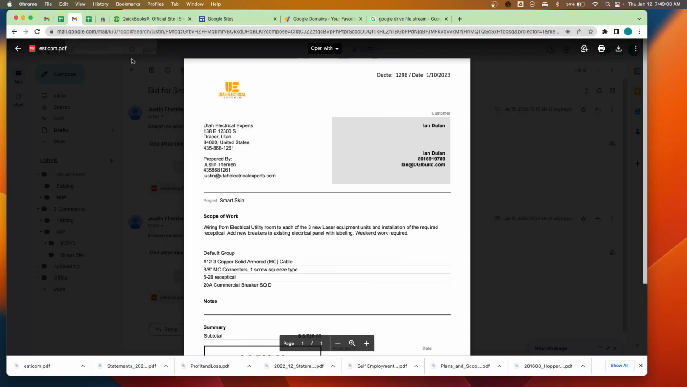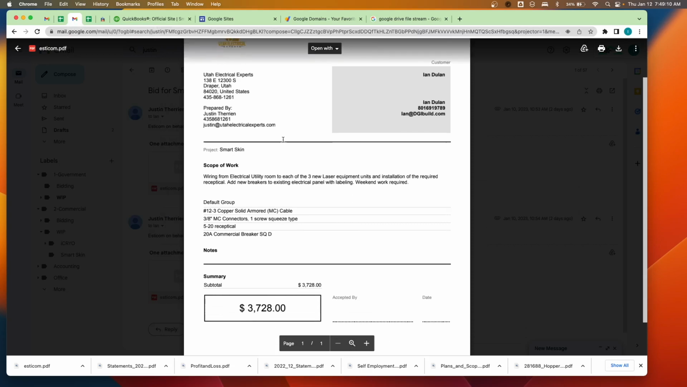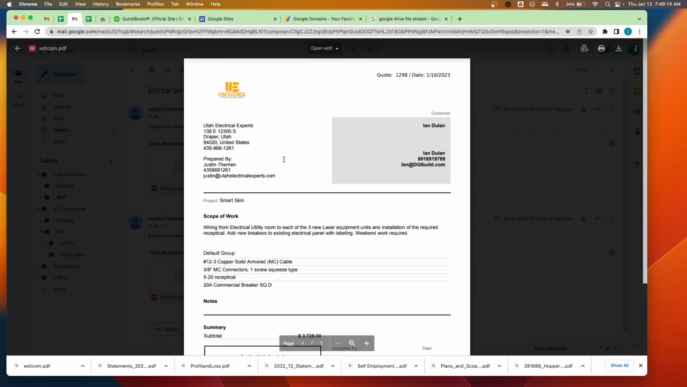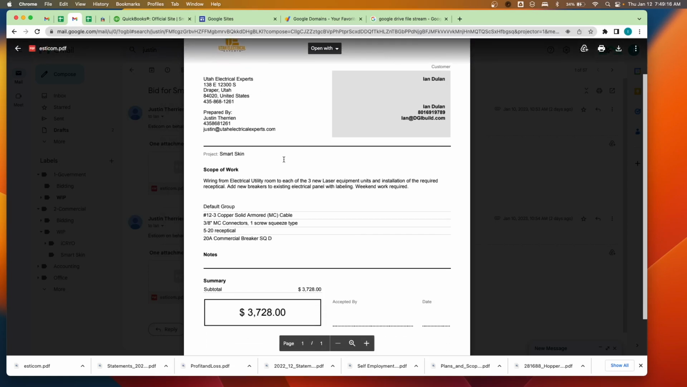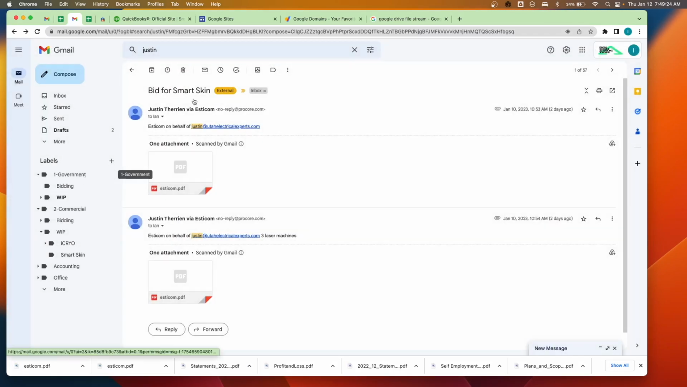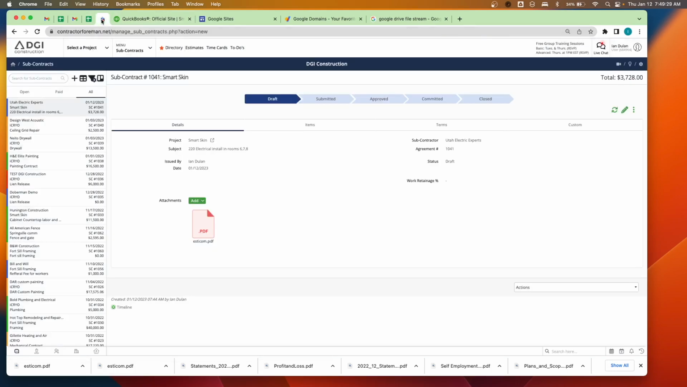Here's my email. This is the contract that I received from the contractor, and in my email I want to download this and put it in my Chrome. I use Google Chrome because that's the best thing to do. After I download it, I go into Contractor Foreman. I then create a new